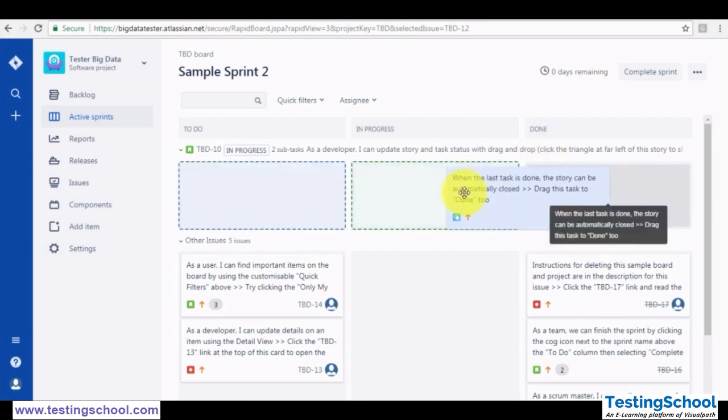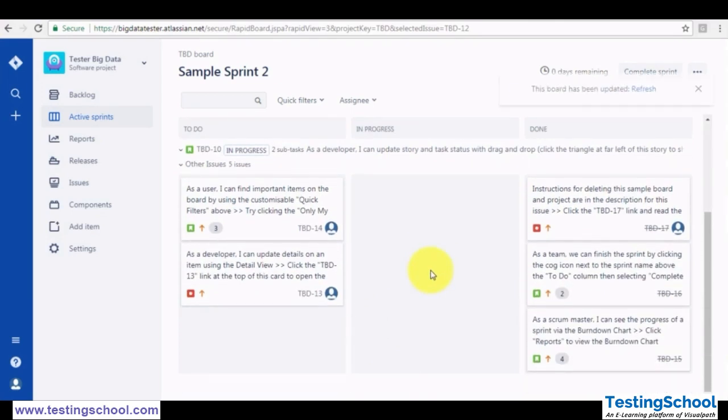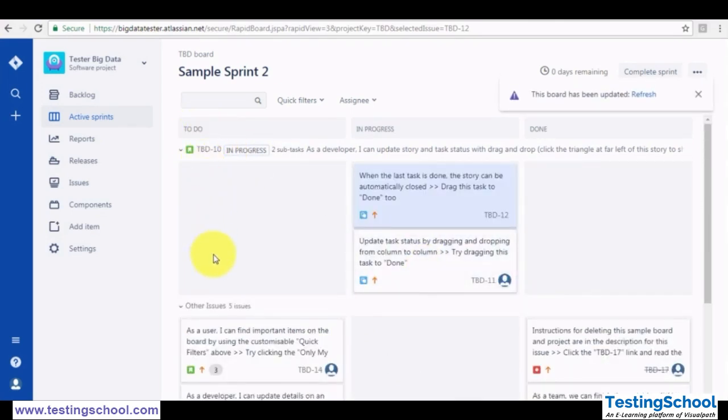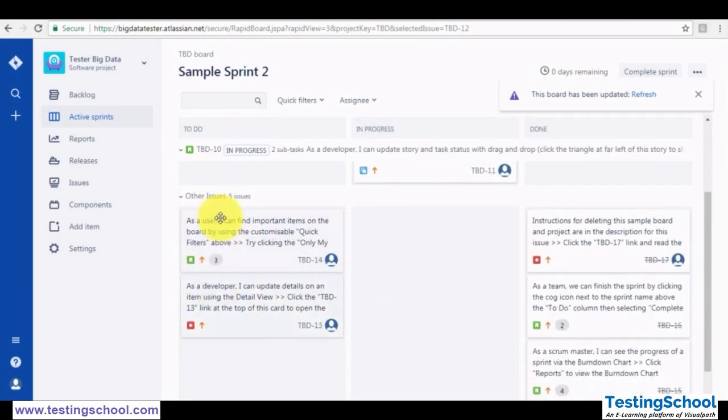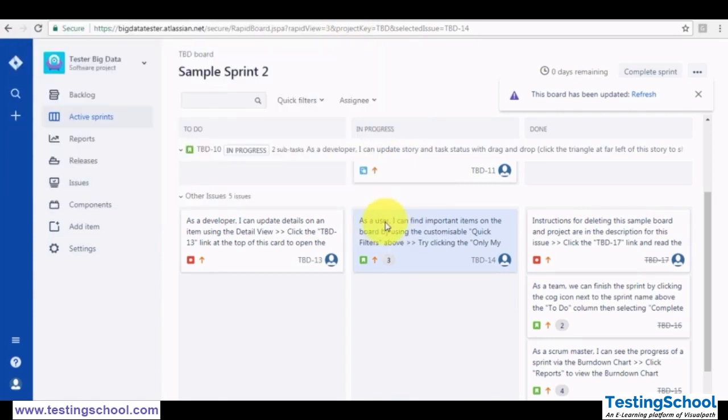If it is not completed, you can mark in the in progress section that it is in progress. So this is how it looks like. To do section is for all issues, like all the issues are available over here for the current sprint. So once any issue you are as a developer or tester started working, then you can move it to the in progress section. That is the second section. So in the real project you might have more sections, but